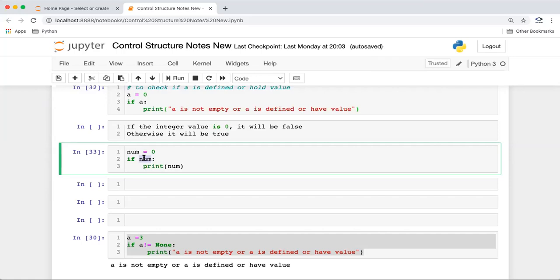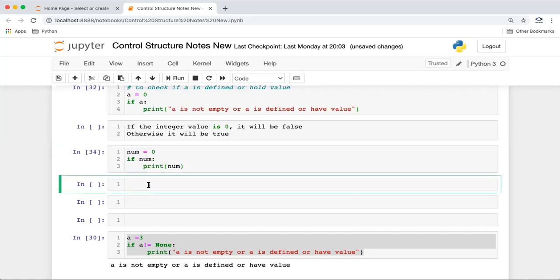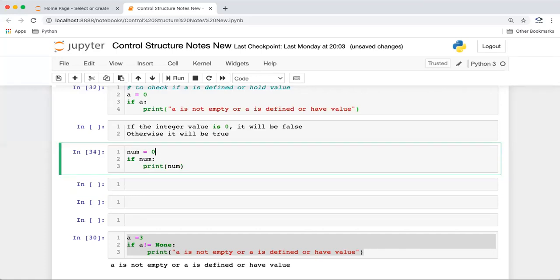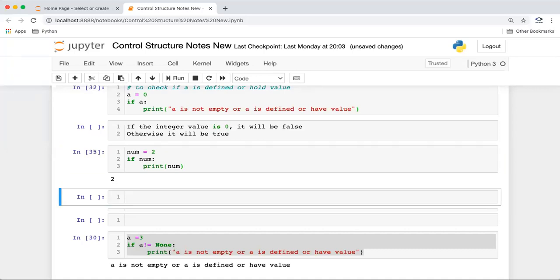None can be for anything. 0 is associated with integers only, but None can be associated with integer, string, anything. We don't have any particular data type for it in Python. Similarly, if I say num equal to 2 here, it will be considered as positive.